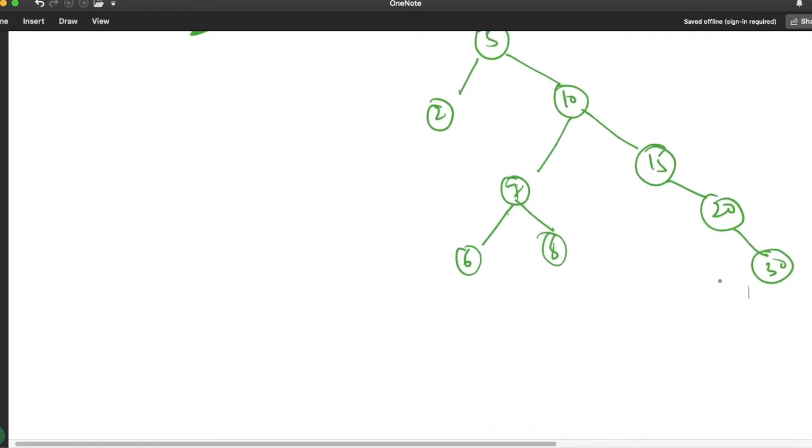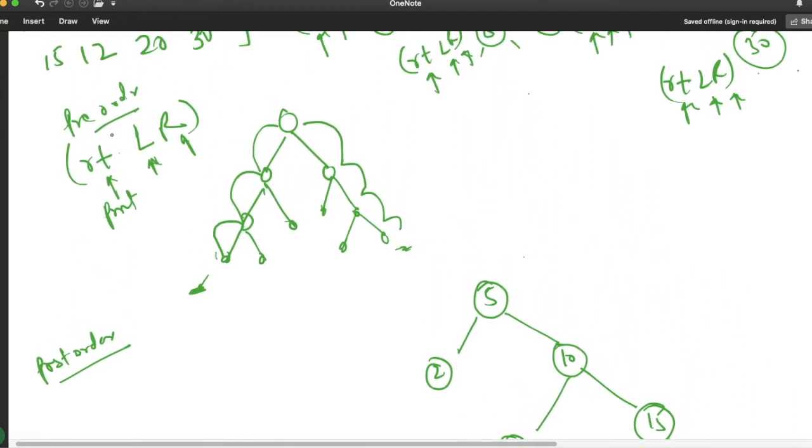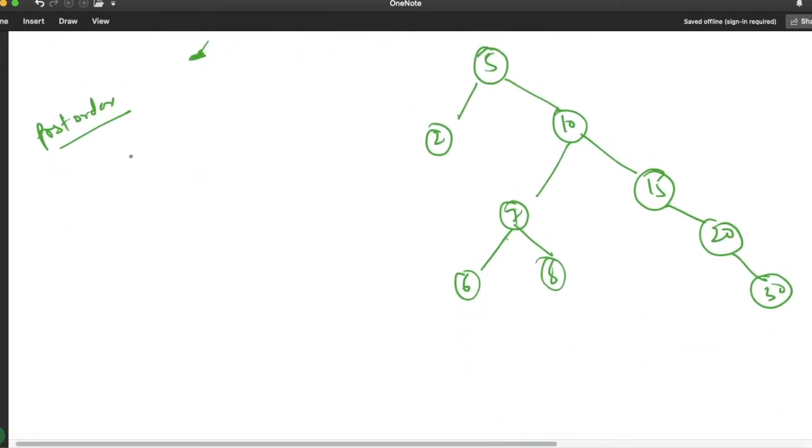Now what we have to do here is apply post order traversal. You can see in pre-order the sequence was root, left and then right, but in post order the sequence is first left, then right, and then we check the root. We have to apply this order for each and every node, and as I have told you previously, whenever we see the root we will simply print the root data. So let us apply this order for each and every node.